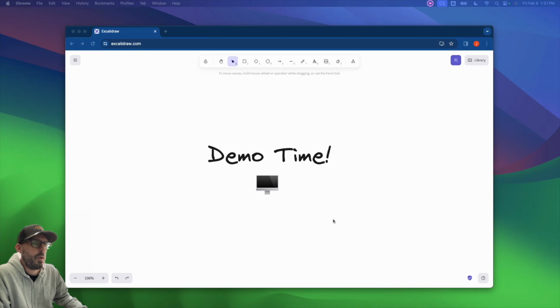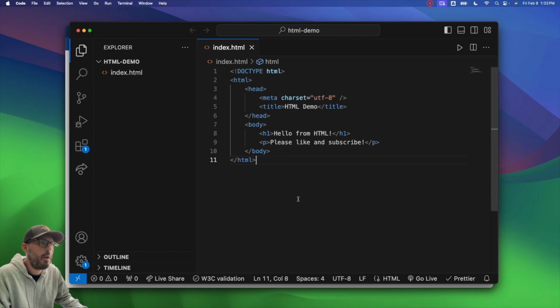All right, so with all that out of the way, it's time for some demos. And so I'm going to show you a couple different ways that we can validate our HTML. All right, so I have an index.html file that we created in a previous video. It's a very, very simple HTML document. It's got a doc type, an HTML element, a head element, and a body element. The body element has an H1 that says hello from HTML, and a paragraph here that says please like and